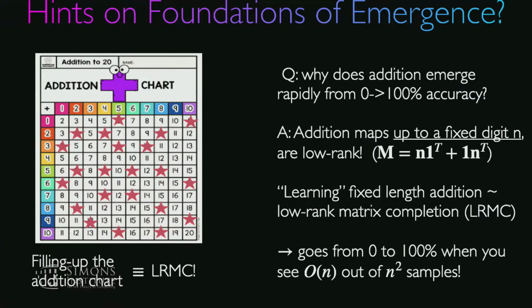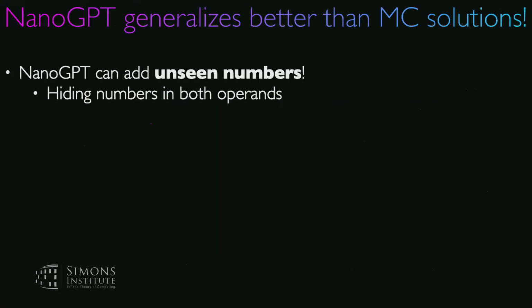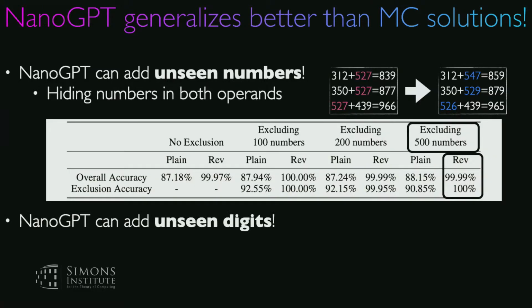So this gives a partial explanation to why the model goes from not knowing addition to suddenly being able to add fully given enough data samples. But, sorry, I'm running out of time, so I'll briefly talk about matrix completion, if you have